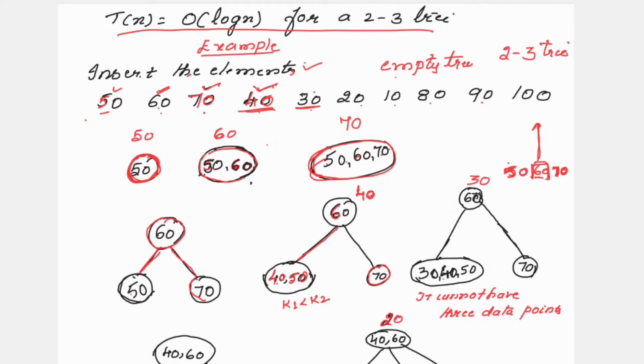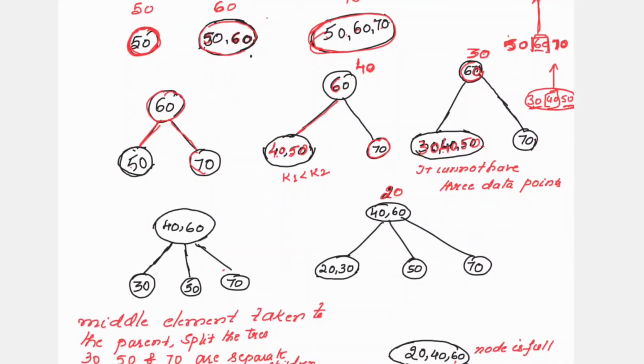Next element is 30. Now you need to insert 30. So where will you place 30? First thing is 30 is less than the root node 60, so it will come towards the left side. Already you have 40 and 50, so you will add this 30 to this node only: 30, 40, 50. Now here you can see there are 3 data elements, and definitely it cannot have 3 data elements. The process is, same as what you did previously, whenever you have a node with 3 data elements, the center element you need to pull up, and this 30 and 50 you need to separate out. You can observe this in the next step.